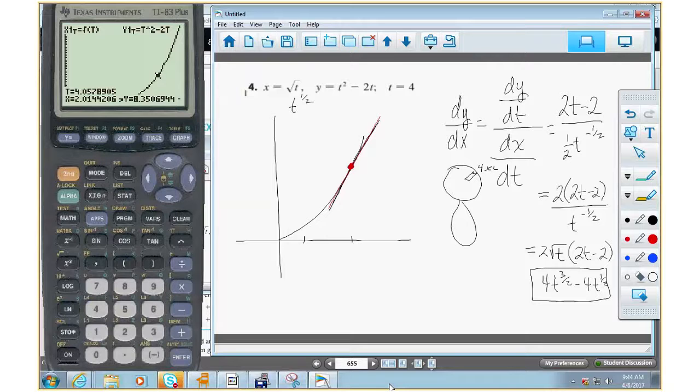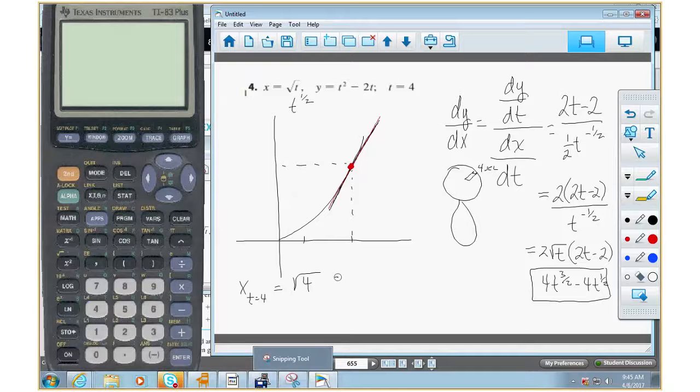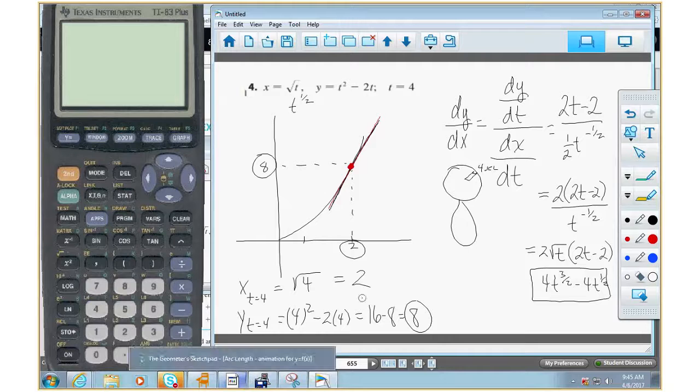I've got to figure what? X and what? Y. And that's what we're fixing to do. So x at t is equal to 4 is going to be equal to the square root of 4, which is 2. So that's our x coordinate. And then y at t equals 4 is equal to 4 squared minus 2 times 4, which is 16 minus 8, which is what? 8. So there is our coordinate 2, 8